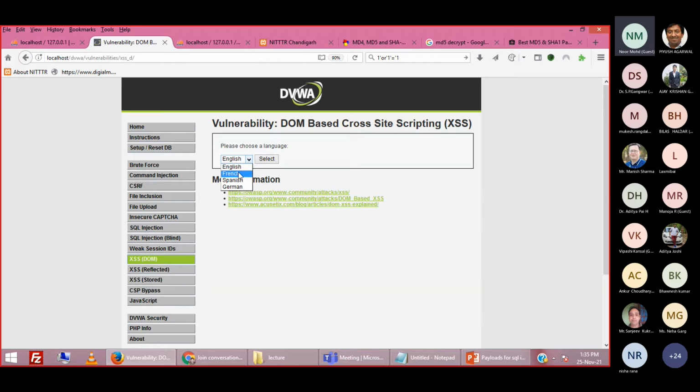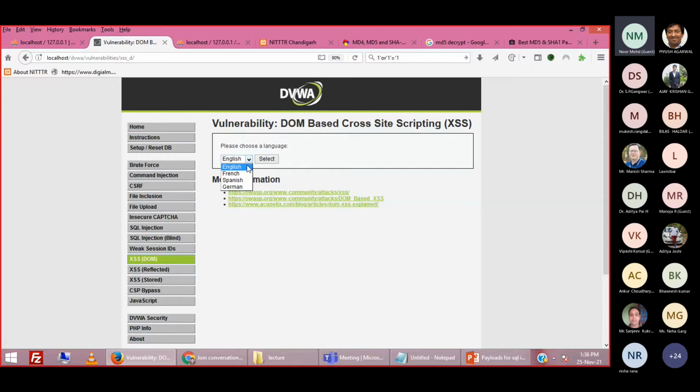Suppose a hacker has appended an abusing word here, taken a screenshot, and circulated it among your students and faculty, saying that your web page drop down has abusing text, which may impact your reputation, right? So if this can be done on a particular web page, it means the page is vulnerable.